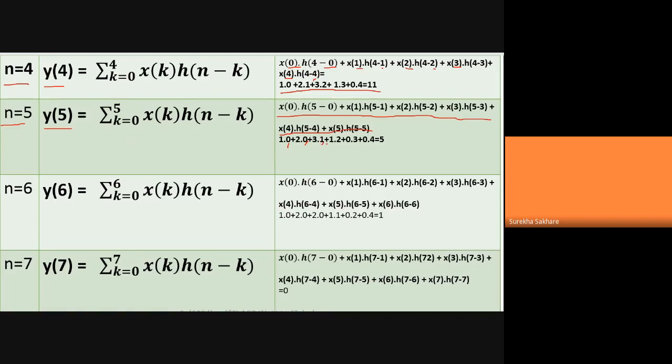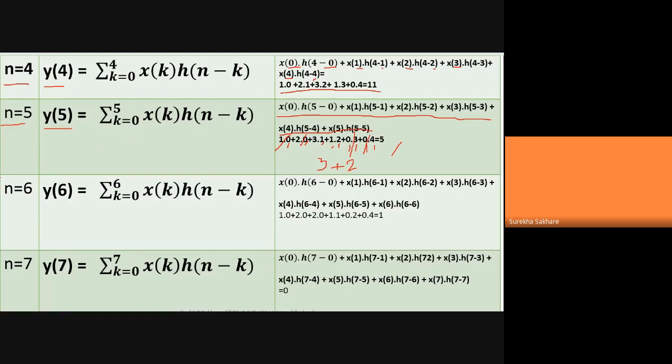We see the graph. Then you have x of 3. X of 3 is 1. Then h of 2 is 2. You can see the graph. And then the next value, x of 4 is 0 because we don't have a signal at 4. H of 1 is existing, 3. Then x of 5 is, obviously there is no x5, and h of 0 is 4. Now this becomes 0, this becomes 0, because all becoming 0. So what is left is 3 plus 2, which is 5.